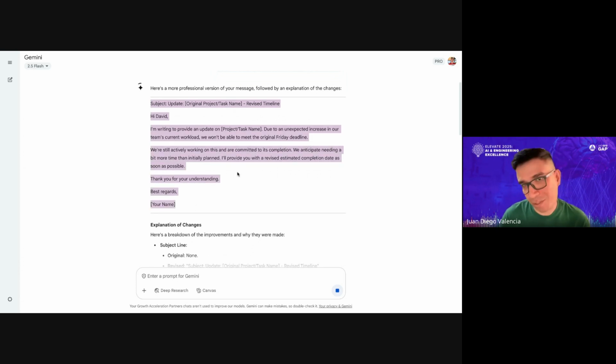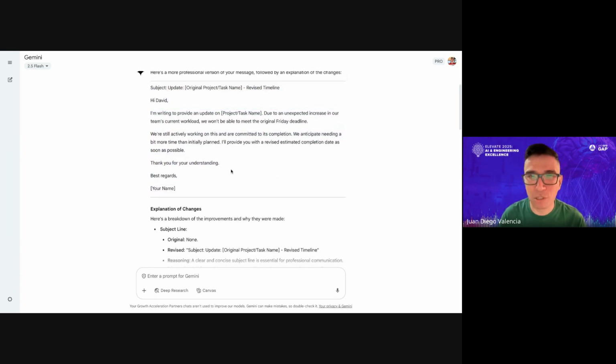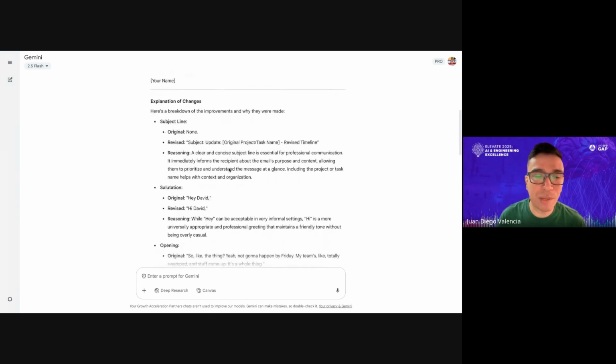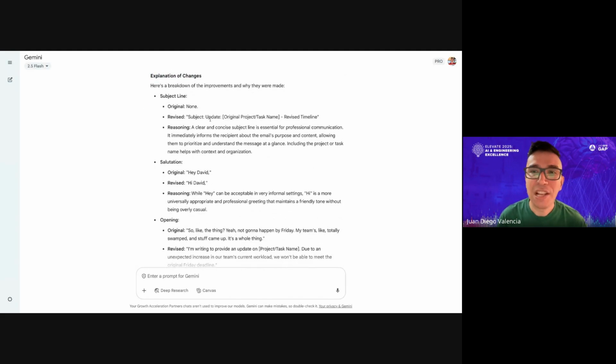We have, as we just read, a more professional, more formal version of the same message that I'm trying to send. And more importantly, here we have a detailed explanation of all of the changes based on each of the sections of the email. So in the subject line, what was the original thing that I wrote? Well, it didn't even include one. What is the revised version? And then the reasoning behind the change that is being proposed.